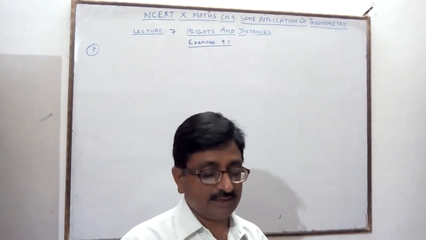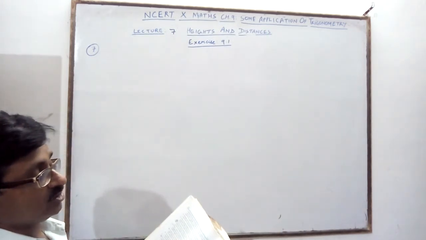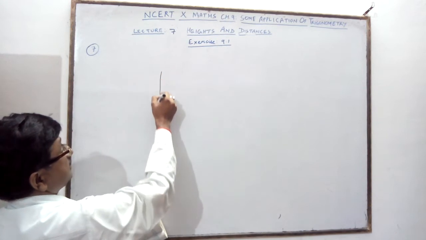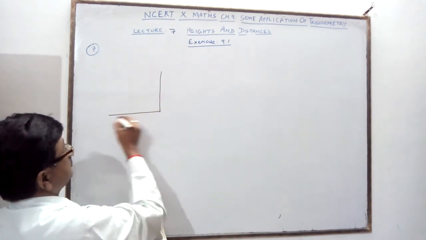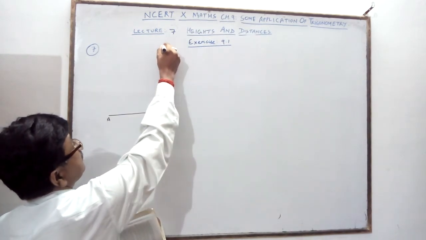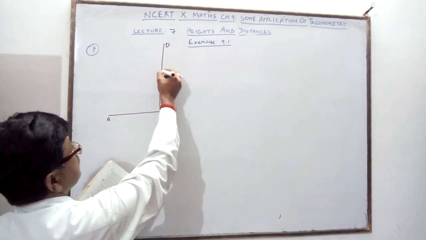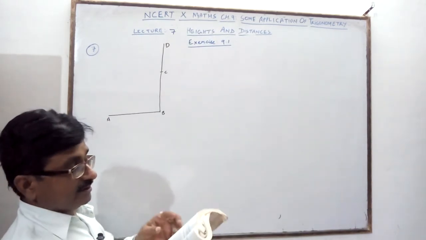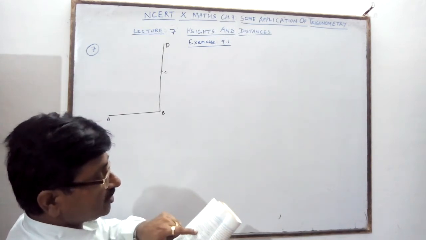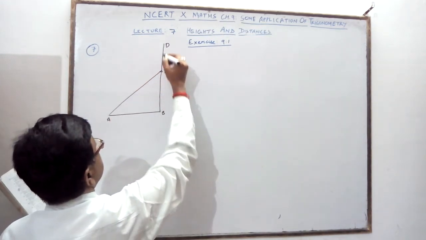From a point on the ground, the angle of elevation of the bottom and top of a transmission tower fixed on the top of a 20-meter high building. AB, BC is a building. There is a transmission tower, CD, fixed on the building BC. The angle of elevation is 45 degrees. What is given? The top and bottom of the tower.